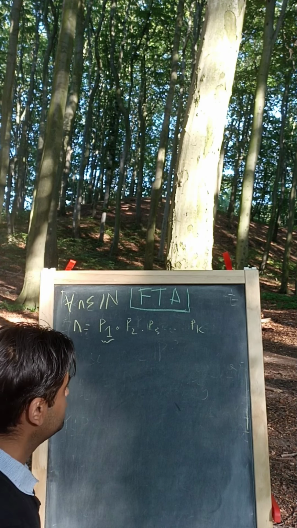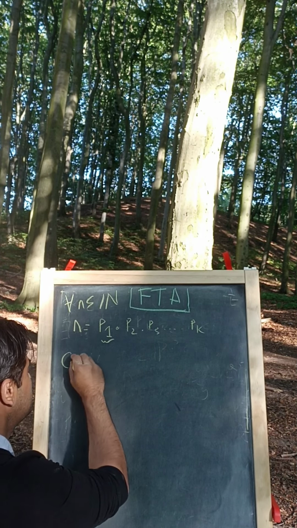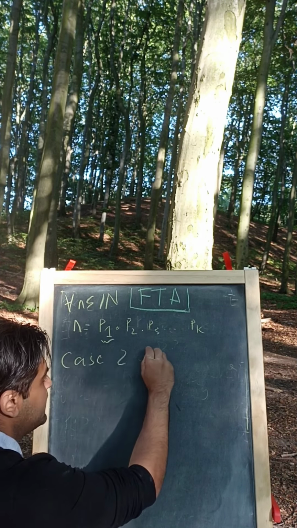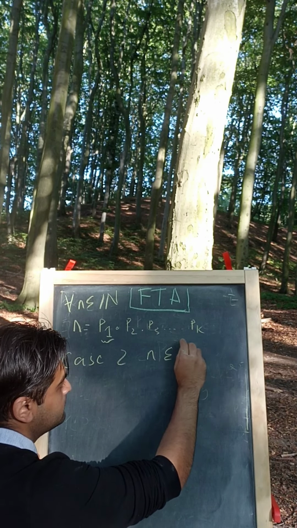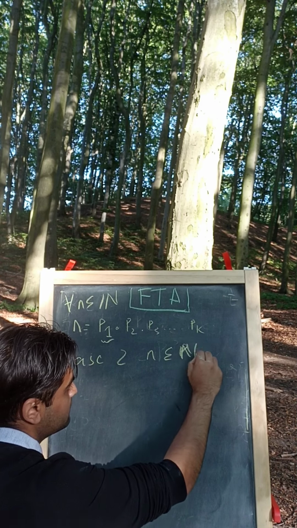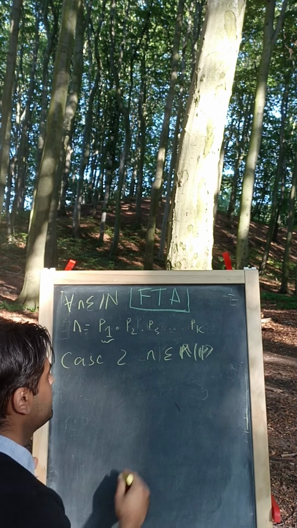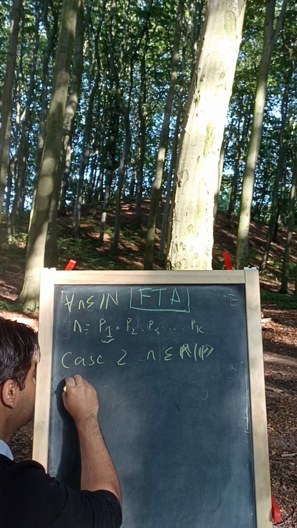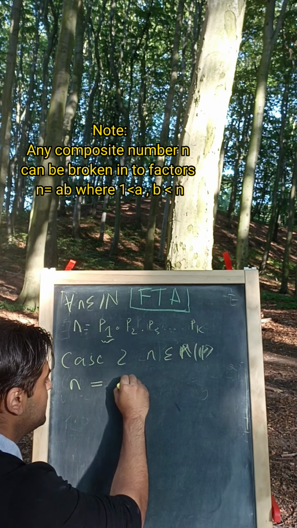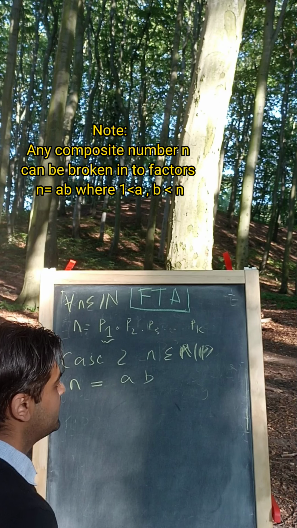Now let's move on to the second case. So case 2, where n is not a prime number. So that means that n is a composite number. So n can be written in the form a times b, where a and b